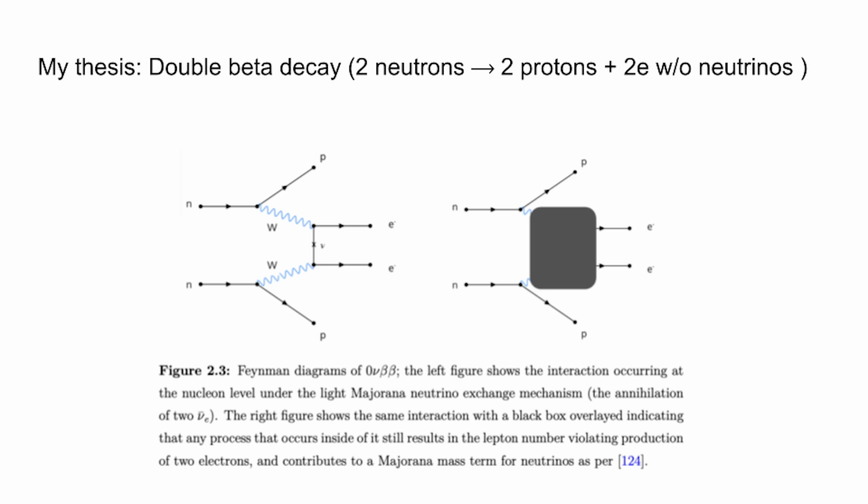So if you have this exact process, this neutron to proton conversion, and instead I have 2 neutrons converting to 2 protons plus 2 electrons, and I don't emit neutrinos, right? For some reason, you can imagine that these 2 neutrinos are antiparticles of each other, and they annihilate within the nucleus. This is one way to imagine this occurring. If this happens, then you know that lepton number, which is one of those conservation rules, is not conserved. So suddenly you've created more leptons than anti-leptons from a physical process. And now you can imagine how this relates to the whole matter-antimatter symmetry problem.